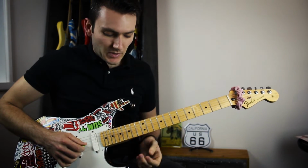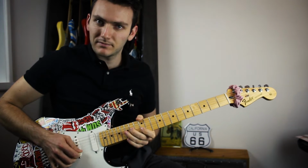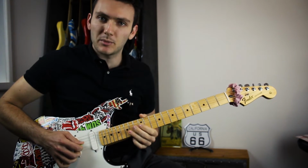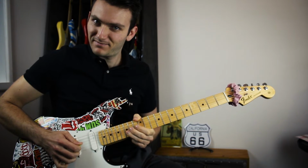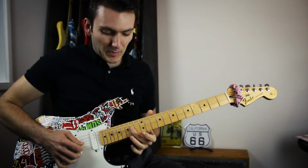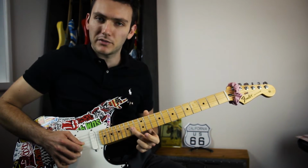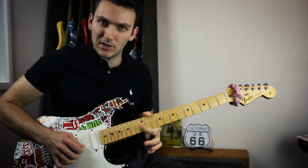Then just alternate picking for the next part, which is, so 12, 14 on the G, 12, 15 on the B. Then the next part uses some economy picking again, so downstroke on the 14th fret of the G, downstroke on the 12th fret of the B,